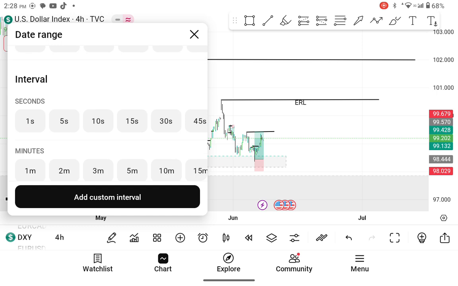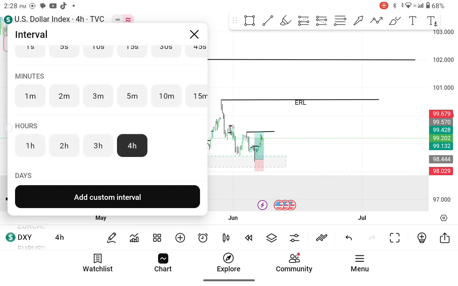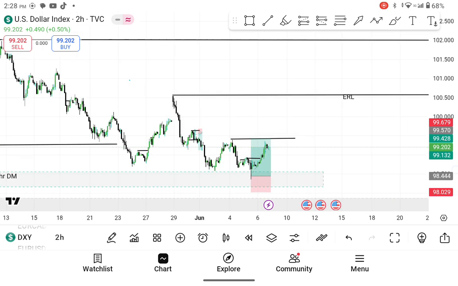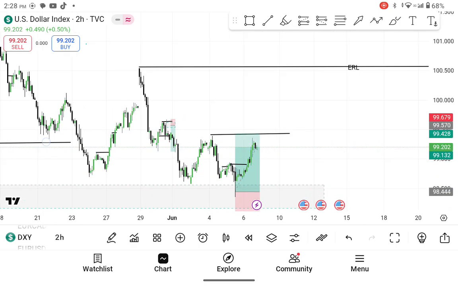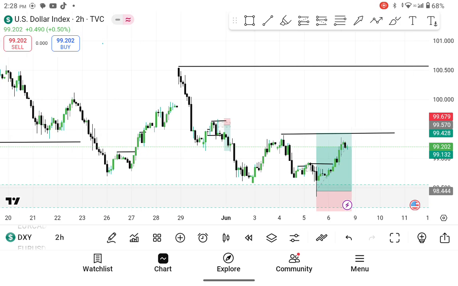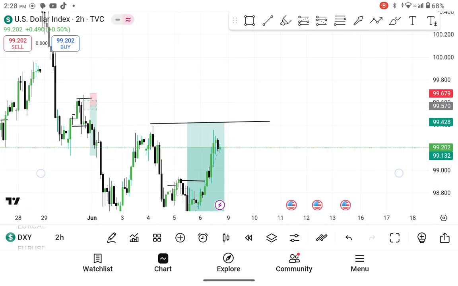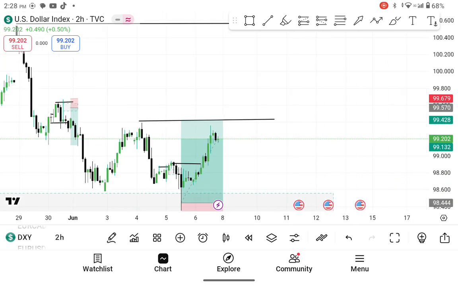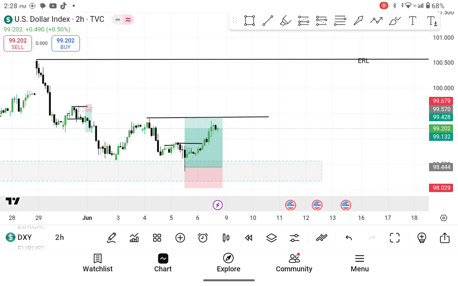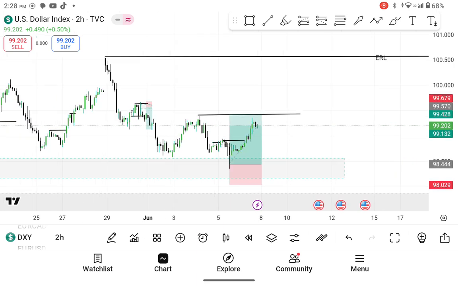So from our 4 hours, from our higher time frame, we have seen a buy. Now what we are looking at is, if the market opens, are there any possible reversals before we continue taking our buys? So the answer is what we are trying to figure out. Now when you look at this area of the market,